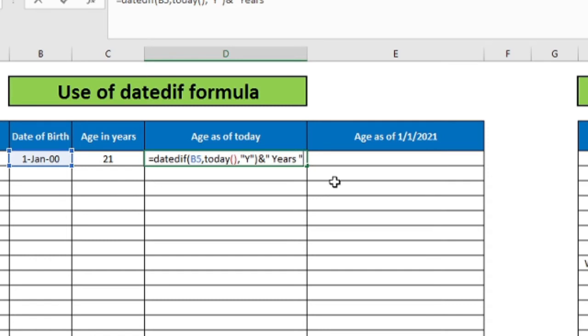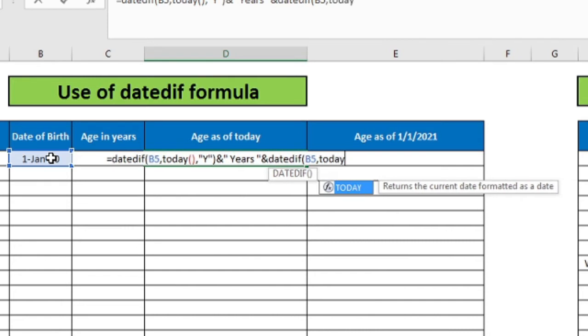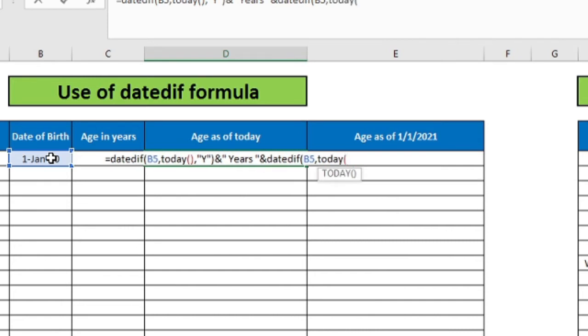For that I will combine this with an ampersand. Again, DATEDIF, open bracket, start date is the date of birth, comma, till what date, today, open bracket, close bracket, comma. Now the format is what?